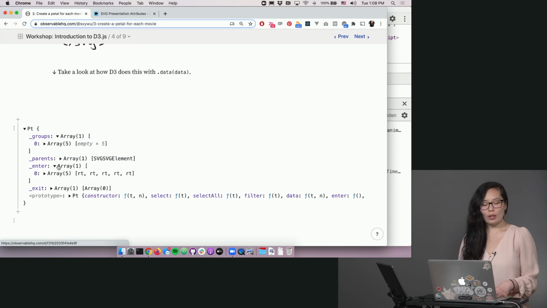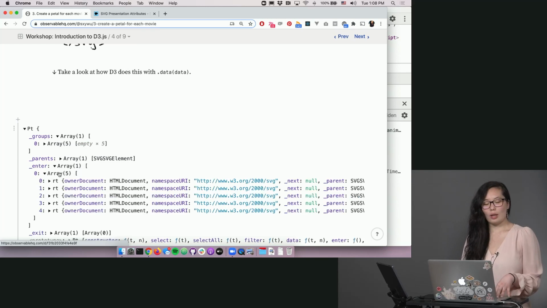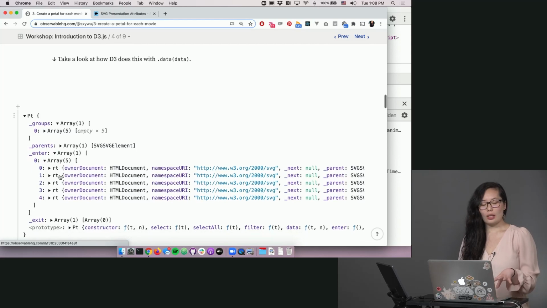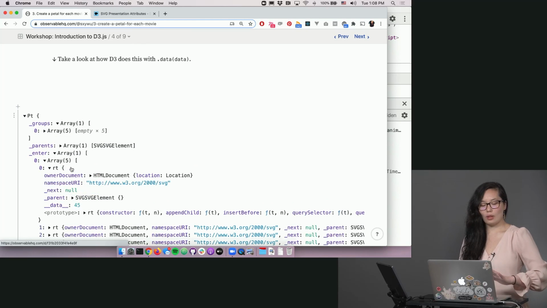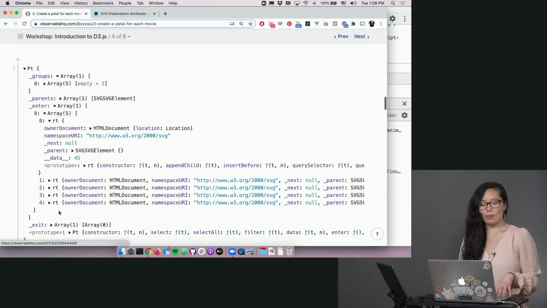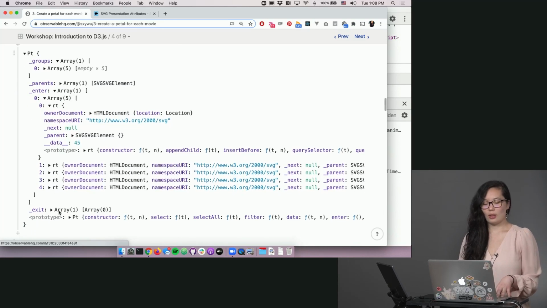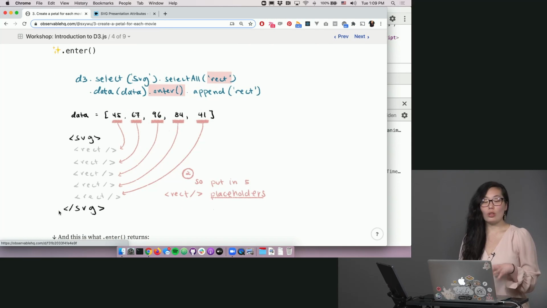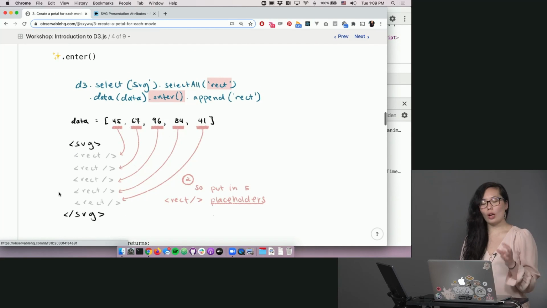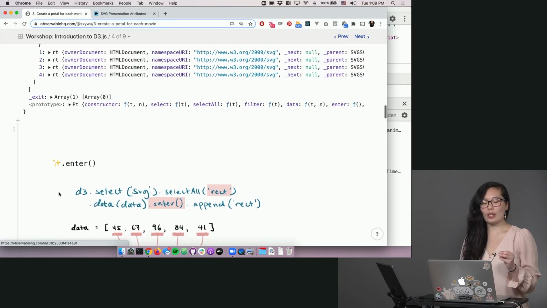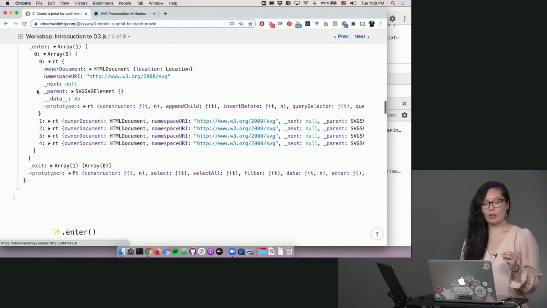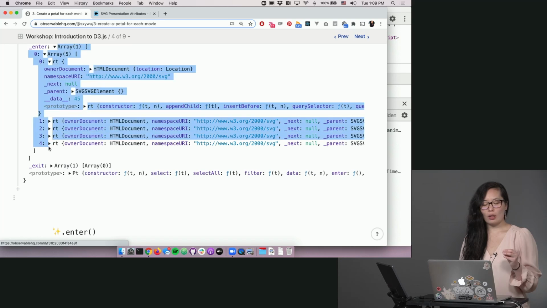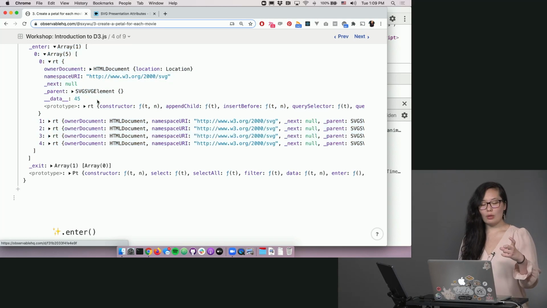And if we look now at this thing that's called _enter, it actually has these five elements within it. So what happens next is we call .enter. And what .enter does is it basically just plucks out this array of the 5 essentially placeholder elements. And these placeholder elements